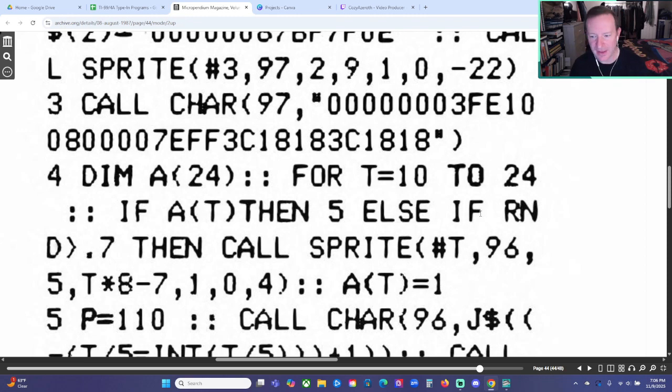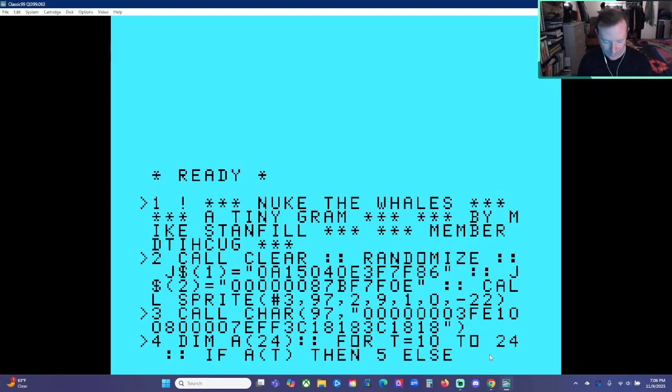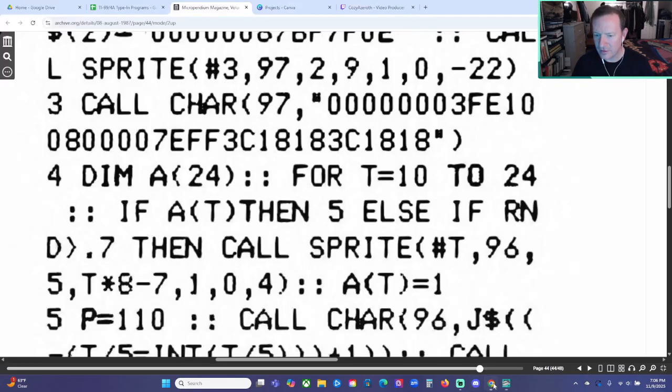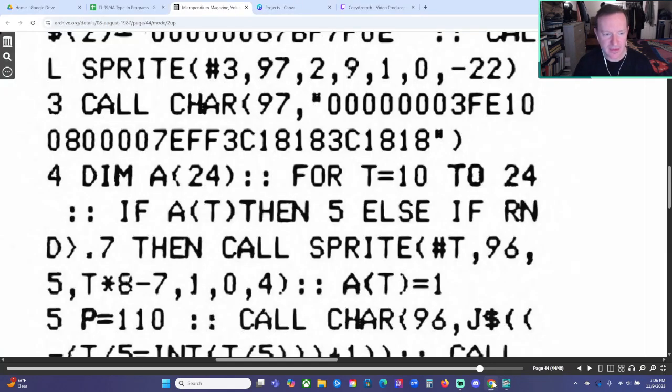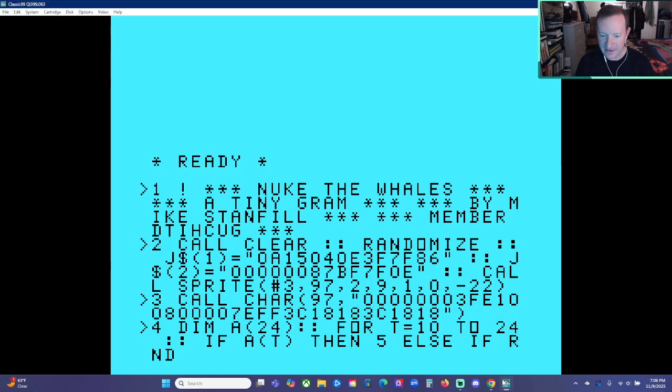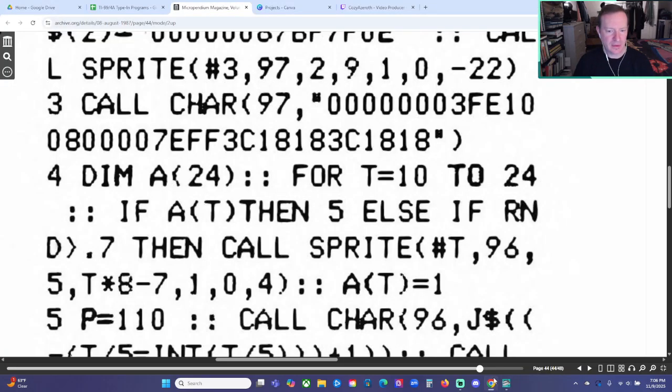This is a bit of an unusual use of RND here. If RND generates a random number as a decimal, if RND is greater than 0.7, then